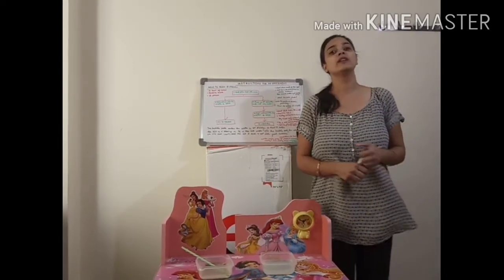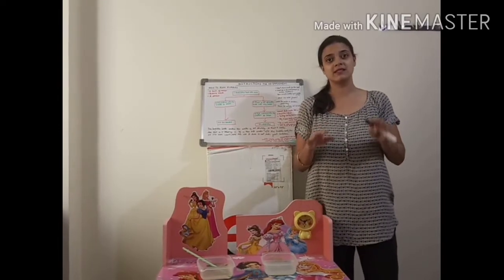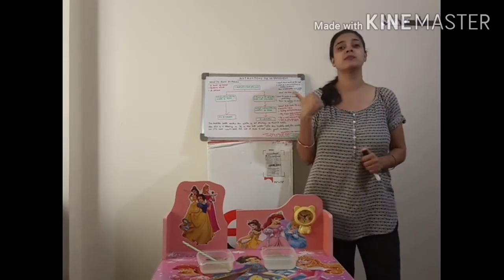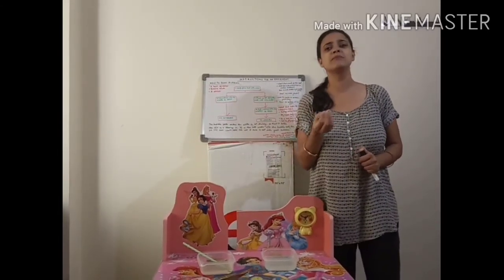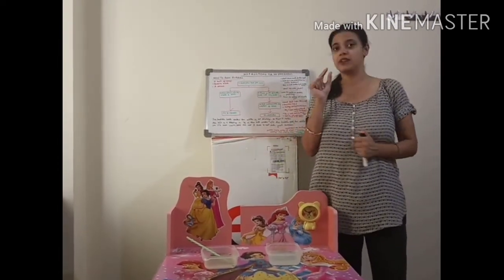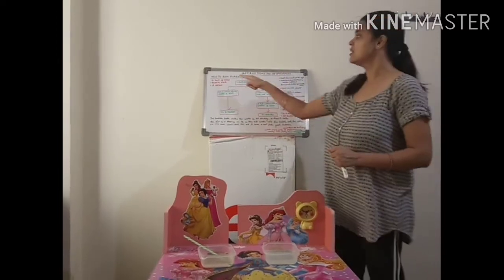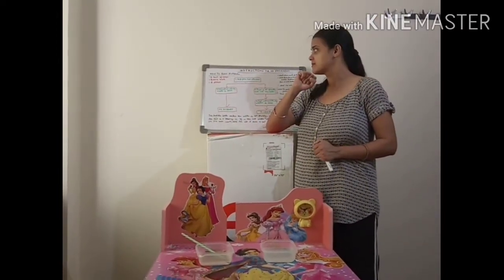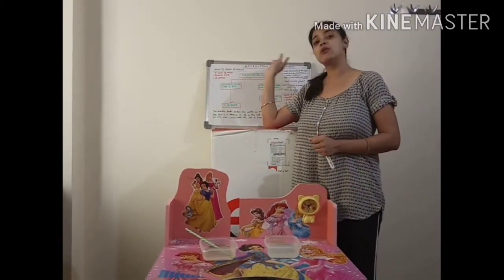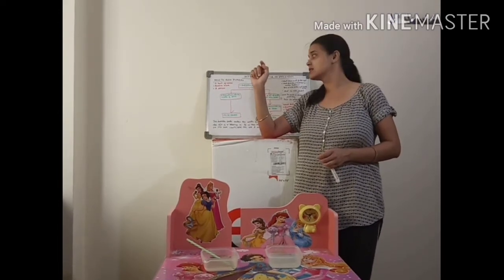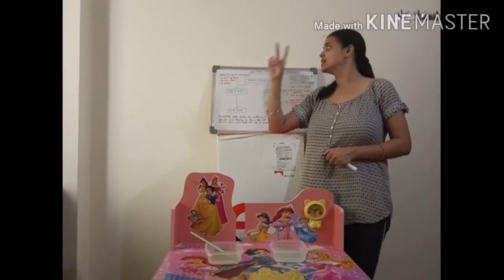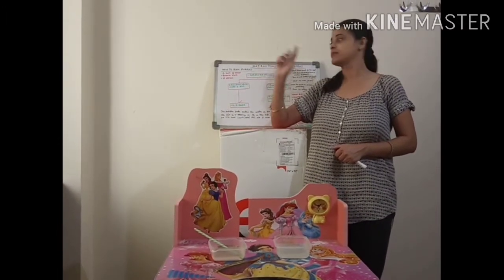Now when you need to find out something, test a certain situation, you need instructions for that as well. So here we will learn about the instructions. We need to do simple things. You can call it an experiment, but we keep on doing it in our daily lives. For an example, let's have a look at how to blow bubbles. So for this experiment, what do you need? You need a bowl of water, a bubble bath and a straw. Simple, you just need three things: a bowl of water, bubble bath and a straw.